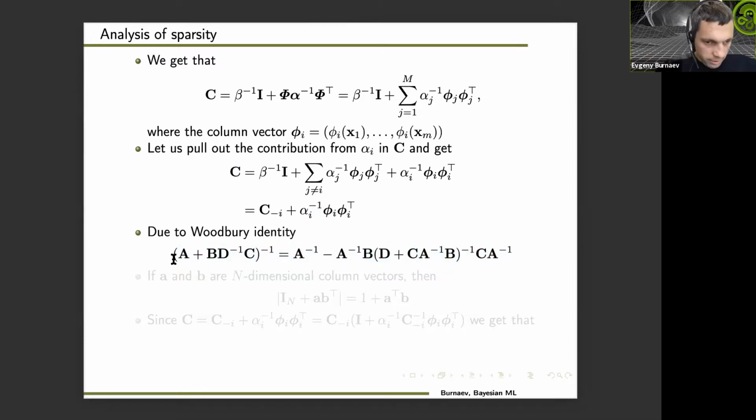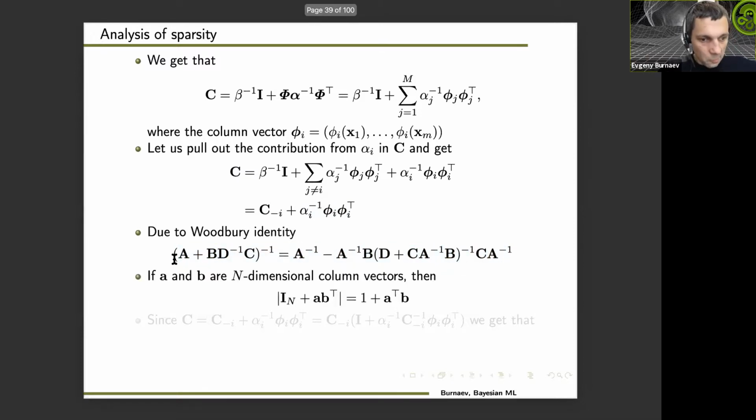Also, there is another quite useful identity: if we have two n-dimensional column vectors, then if we calculate the determinant of this matrix, it is equal to 1 plus the scalar product between these two column vectors. This is the standard result from